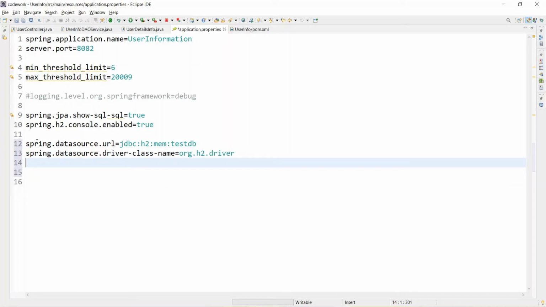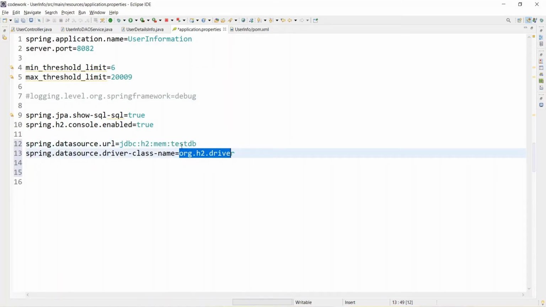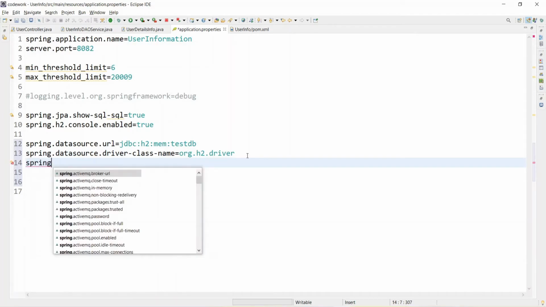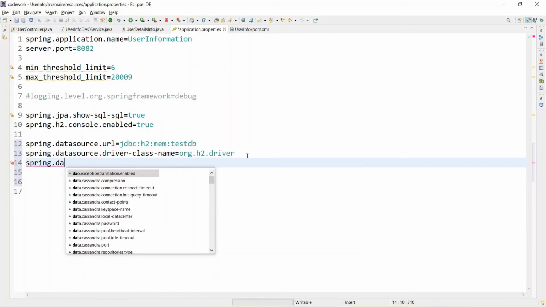I am just telling you the configuration where, if you want to connect with another database like Oracle, MySQL or Postgres, you just need to change the parameter. This is the same; I'm connecting to the H2 database. Even though I'm not mentioning it, Spring Boot does it for us for the H2 database.